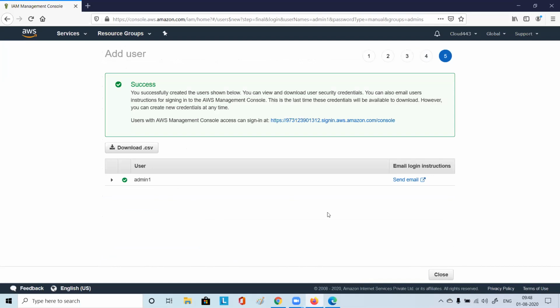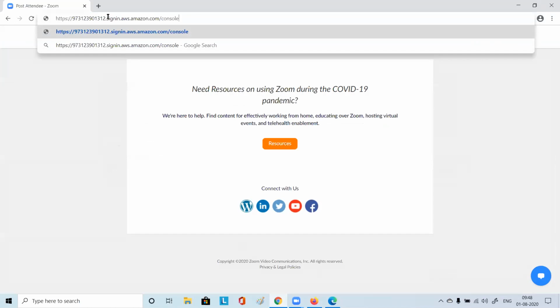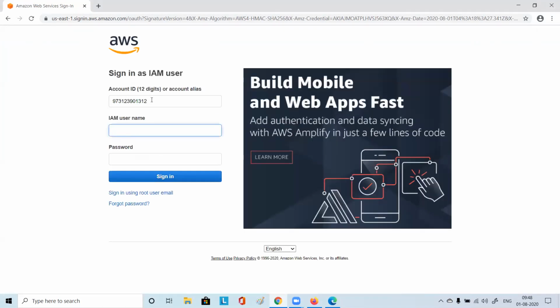Users with AWS Management Console access can sign in at this link. So I'll just take this and go to this browser. The account number came already.